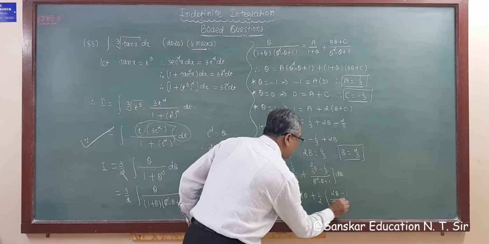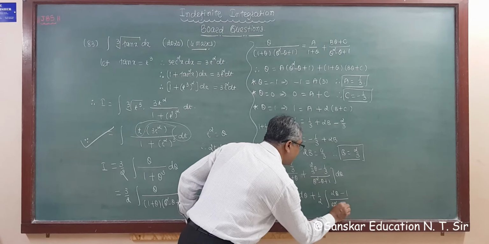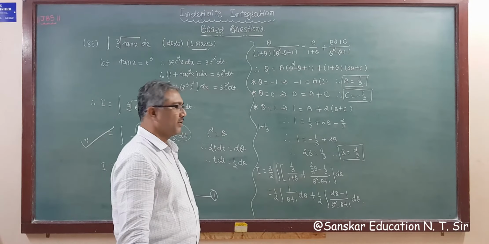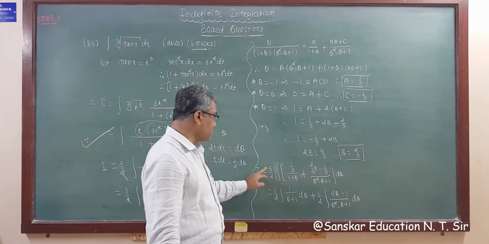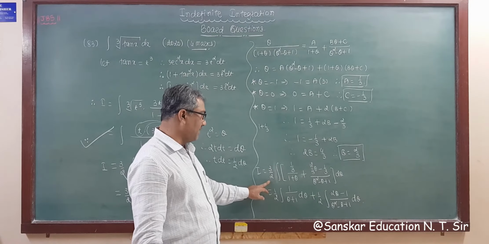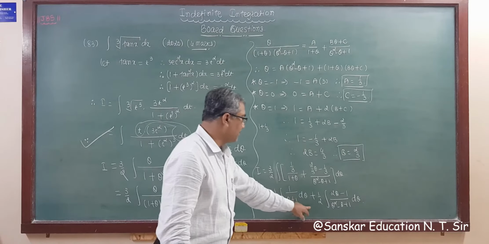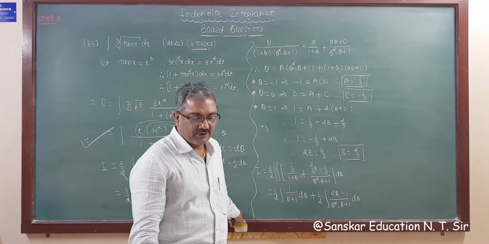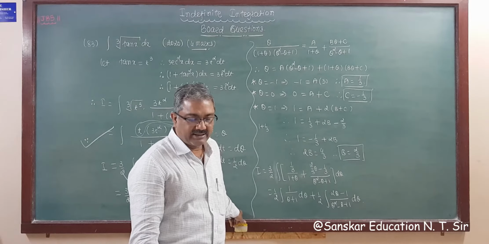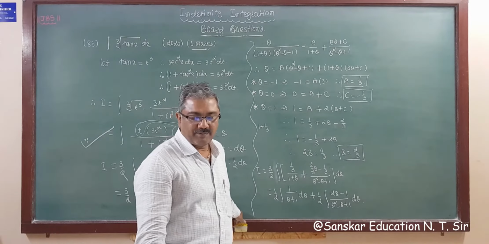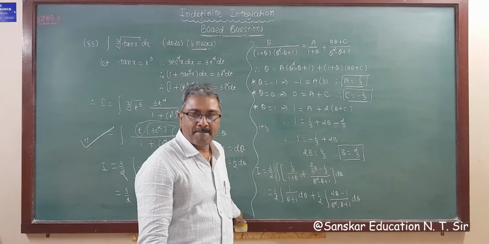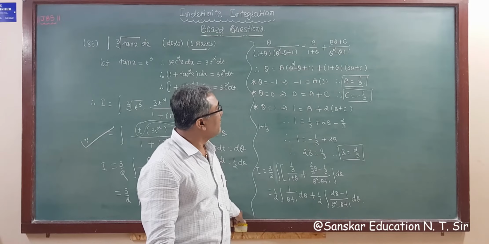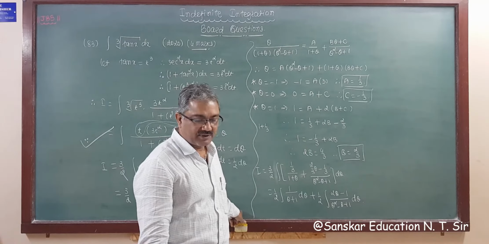So upon this is theta square minus theta plus 1 d theta, got it? Taking 1/3 common, it cancels with this 1/3, so this is 2, right? 1/2 times 2 theta minus 1 upon theta square minus theta plus 1, we get the value like this, got it? Any problem? Now we have C is -1/3.